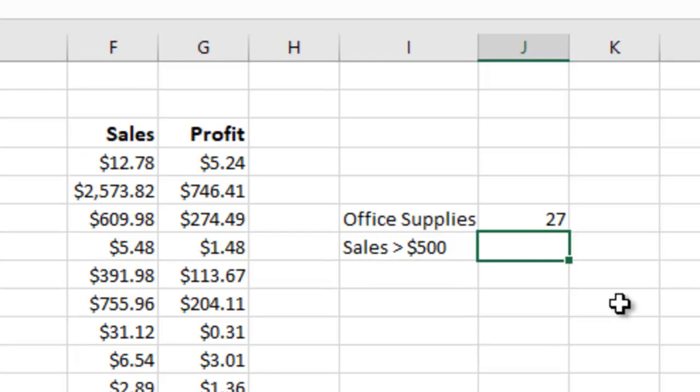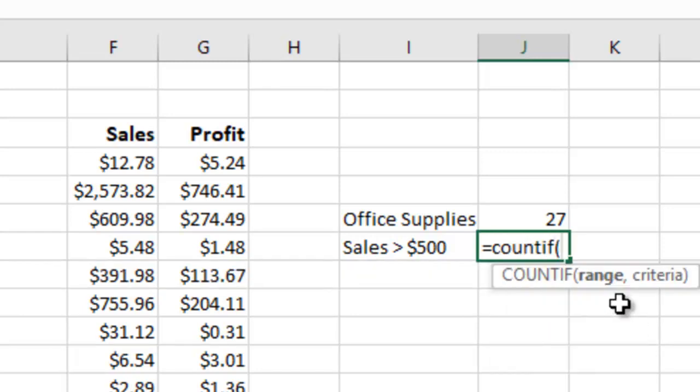This formula can also work with digits. In this case, we have fields that have money values. So in this second run we want to see how many sales were above $500. Now we are not adding up to see how much money was spent, but we just want to know how many of these sales were above $500. So we go again, equal COUNTIF,